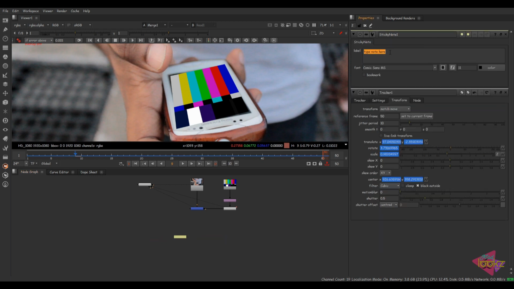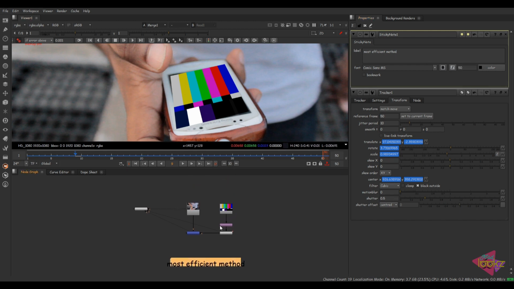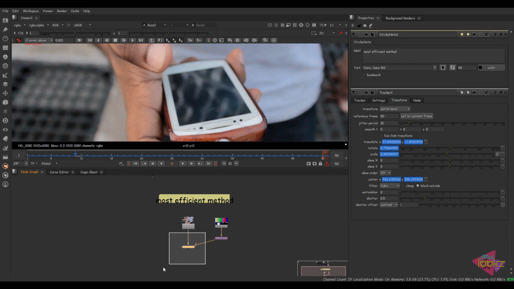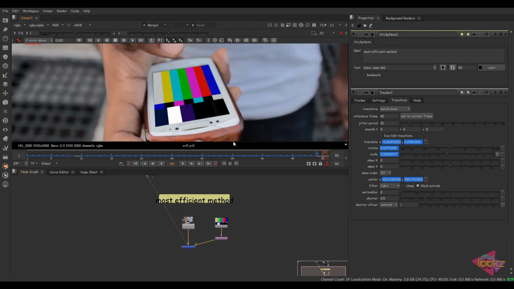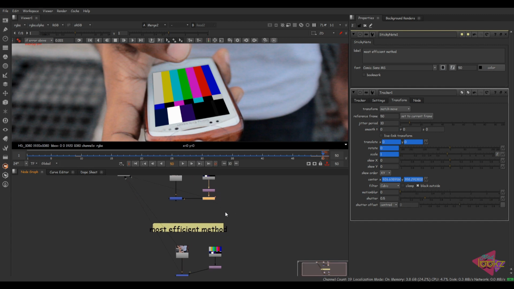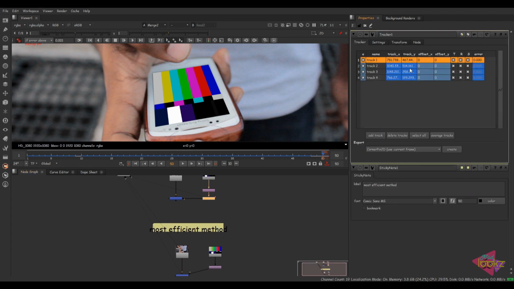So I have a beautiful and very efficient method here. Whenever you are stuck in such work, make use of this method and get a more precise result. Instead of using the default tracker node, I'm going to tell you the node name. That is the corner pin node. So just take a corner pin node again. Here we have the tracking data. Now just take a corner pin node.